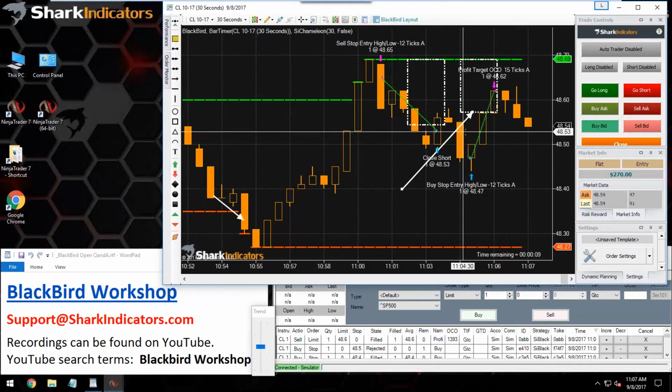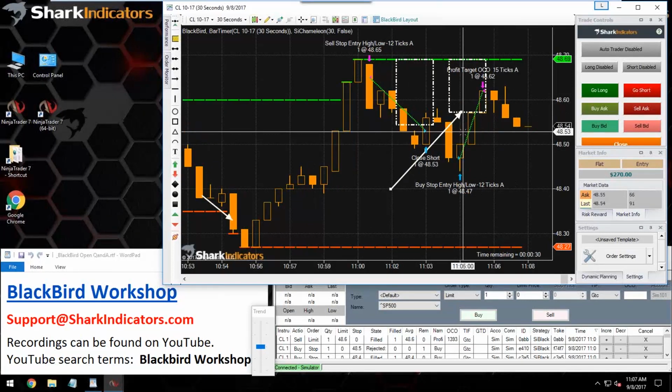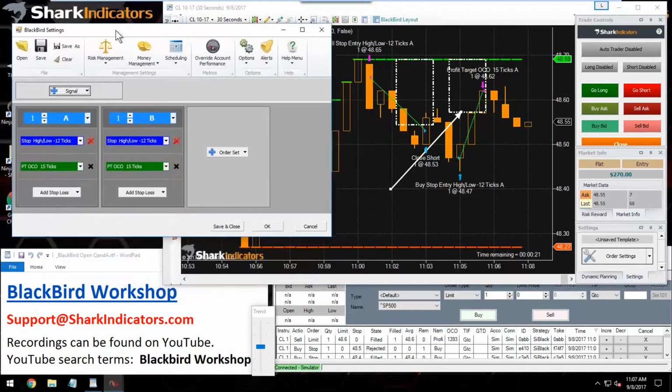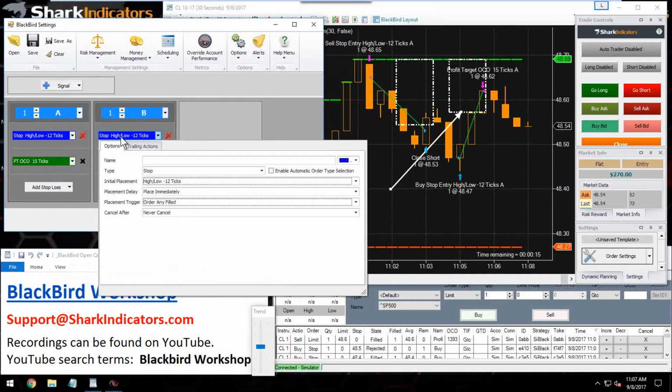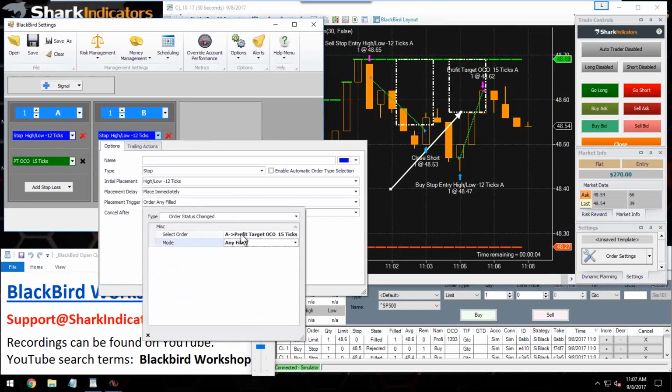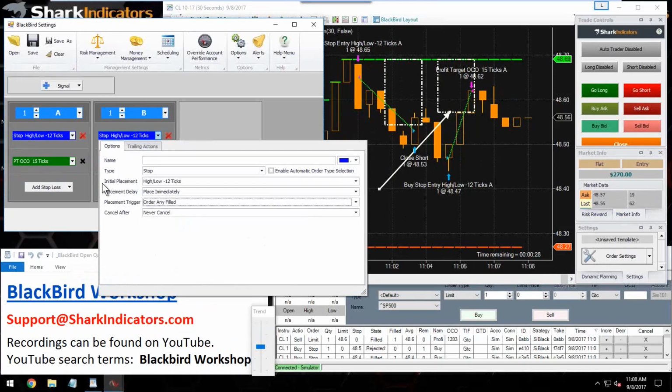So yeah, the placement of your second order has to be rethought a little bit. But the key component that you're wanting is getting that second entry order in. So that's done for you, and you can figure out how to adjust where to place your second order. That's the easy part. The thing you're looking for is the placement trigger, which is once your profit target for A gets hit, then that will submit the second